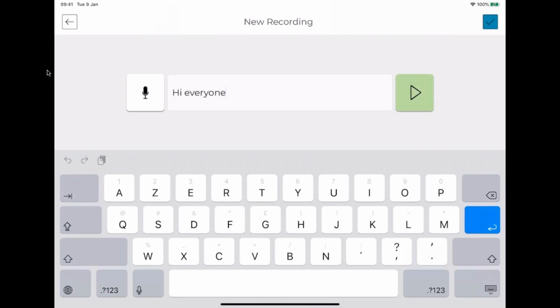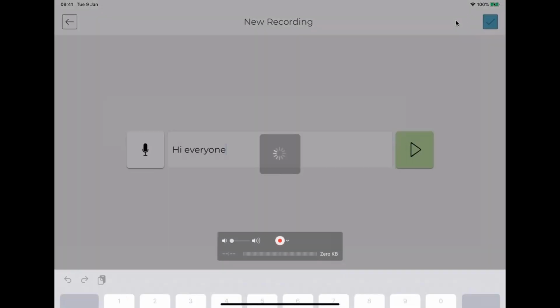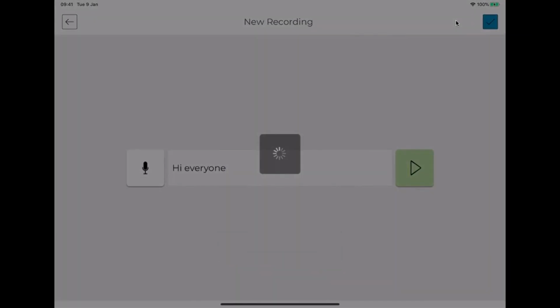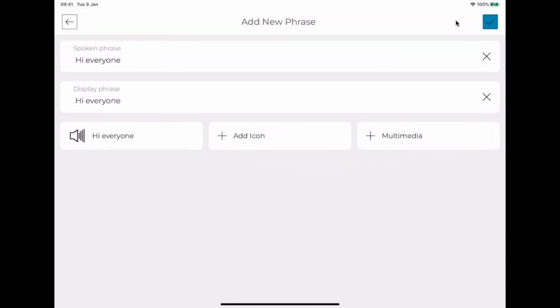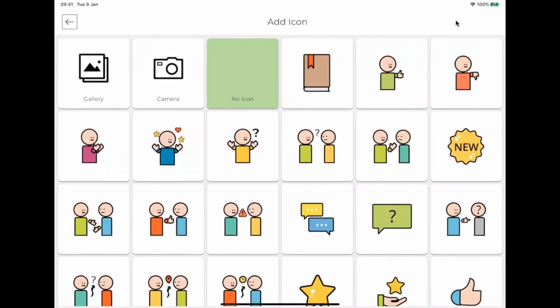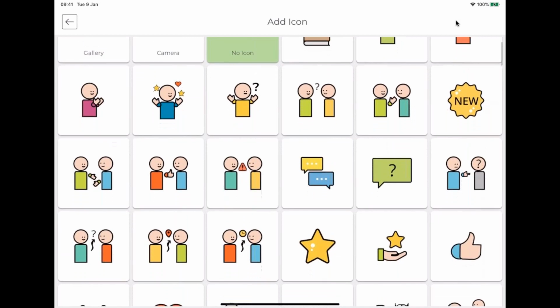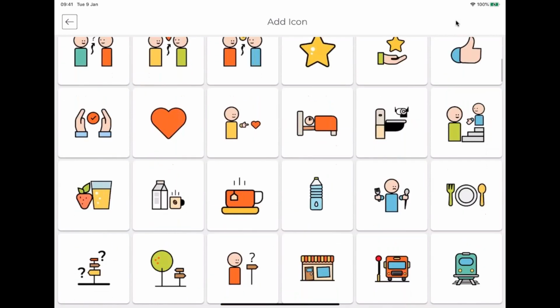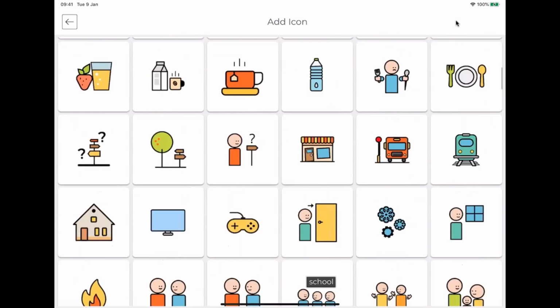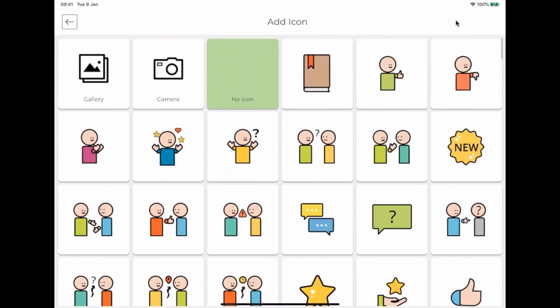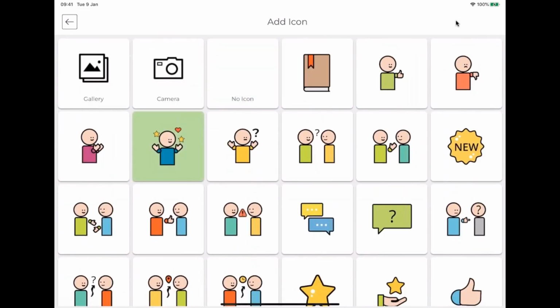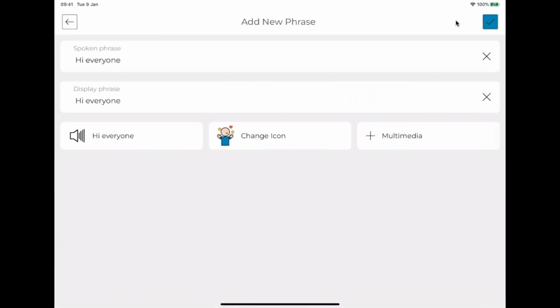And I can save it by using this save button in the top right corner of the screen. I can also attach an icon to it. In that case, I'm going to use this one. Then I'm selecting the back button on the top left corner of the screen.